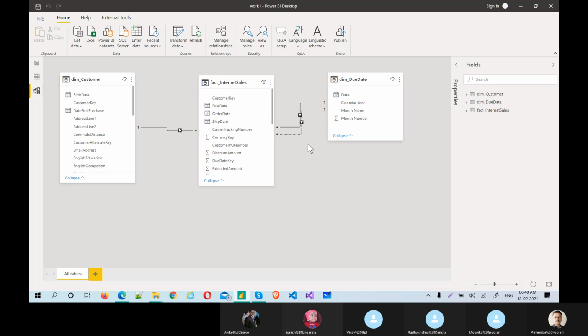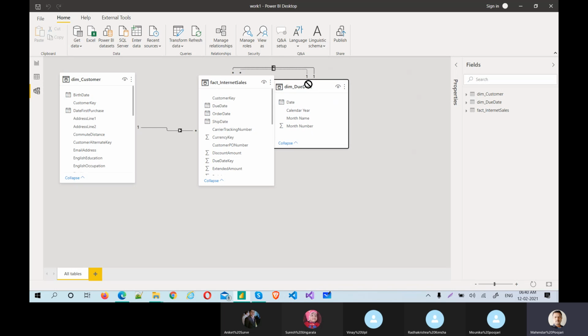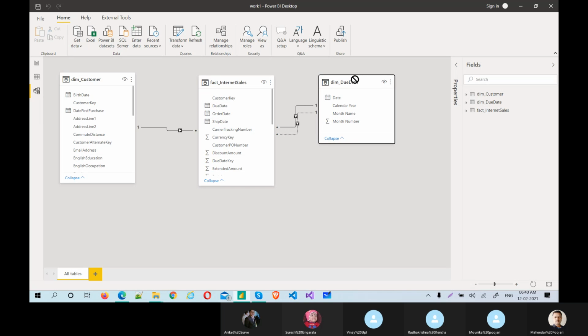You connect a due date and hard-code a flag called due date, and then union fact internet sales with order date and create a flag called order date. So you concatenate both the columns by union.